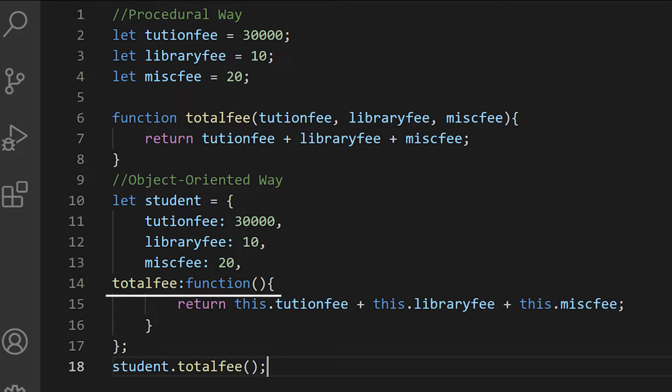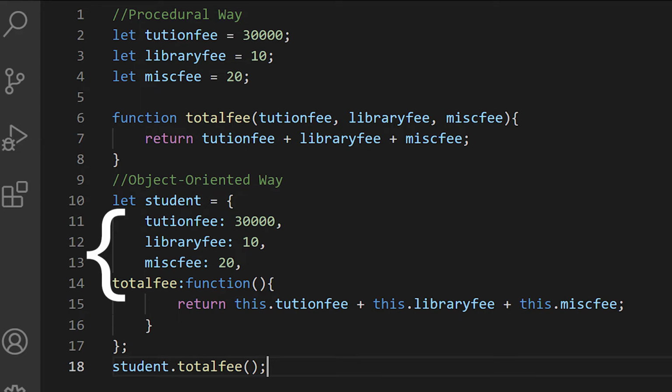In contrast, in the procedural example, the total fee function has 3 parameters. The reason why in this implementation we don't have any parameters is because all these parameters are actually modeled as properties of this object. All these properties and the total fee function are highly related, so they are part of one unit.